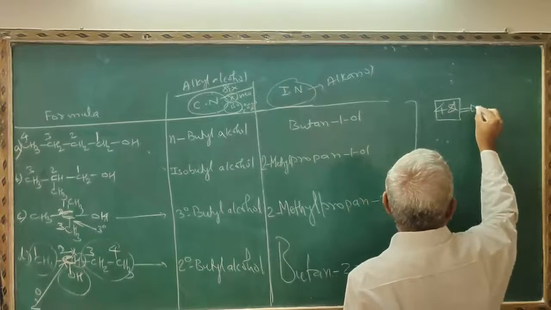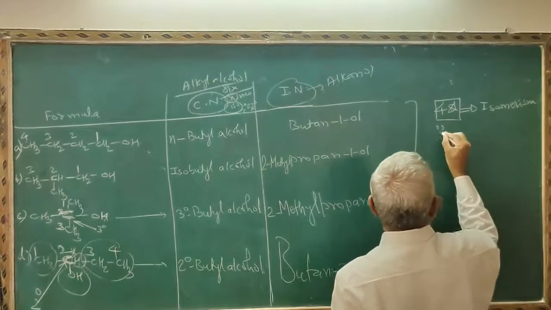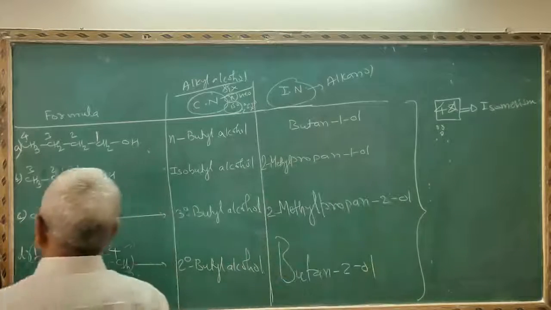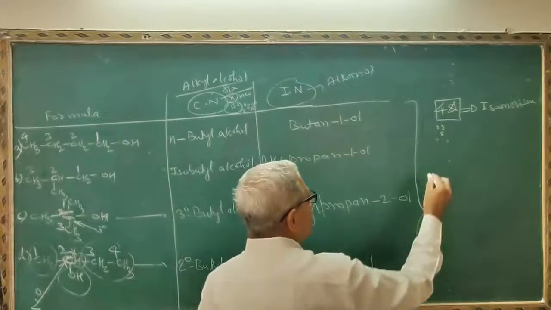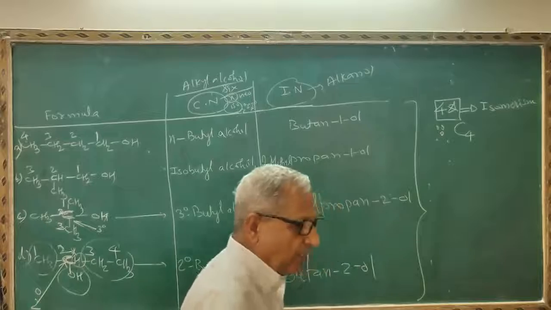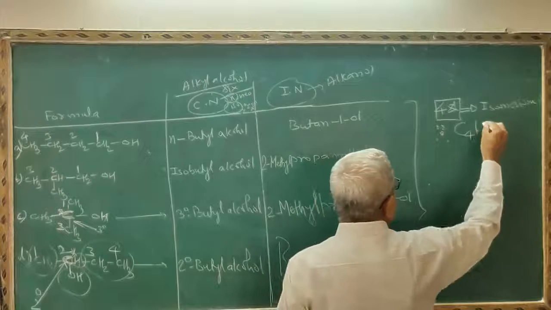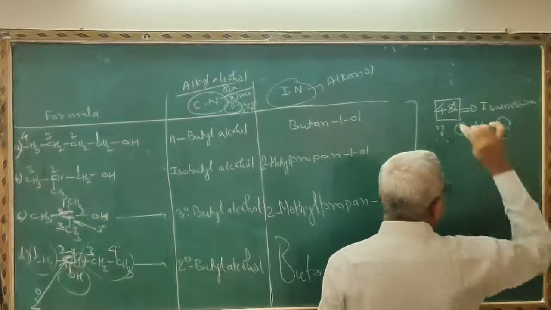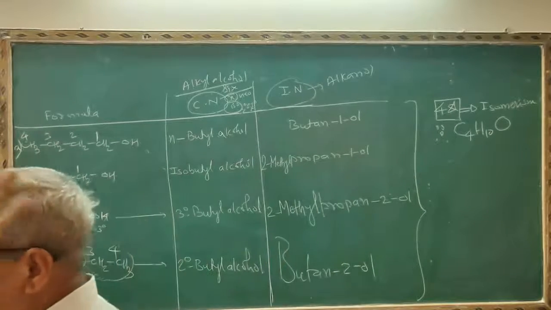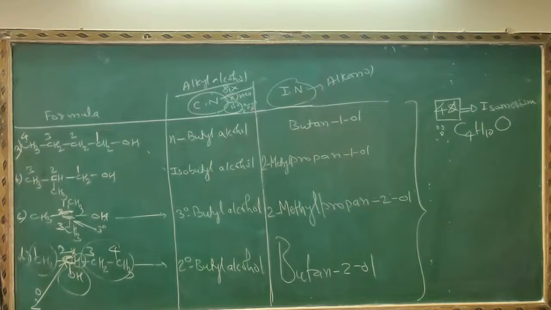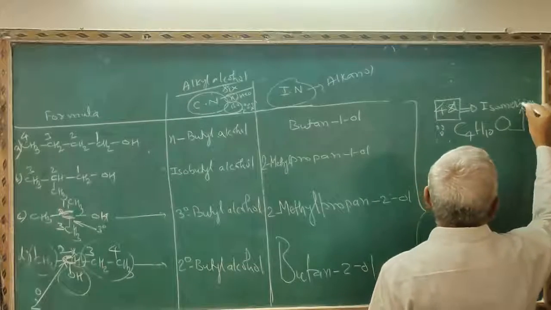These 4 questions are based on the title isomerism. Because see here, when you observe the structures A, B, C and D, all the 4 structures contain 4 carbon atoms. Again, see the number of hydrogen atoms are also same, 10 hydrogen atoms. Count yourself, and 1 oxygen atom. So the 4 structures, that is A, B, C and D, have the same molecular formula C4H10O. Therefore, this will show the isomerism.